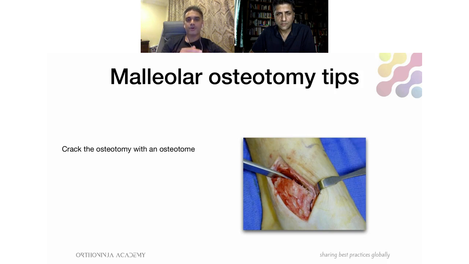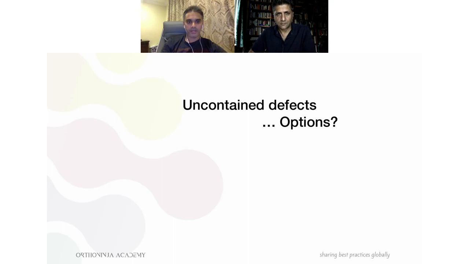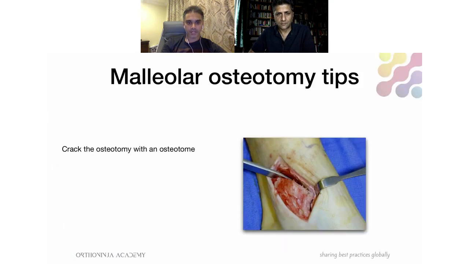You want to crack your cartilage with an osteotome because your saw blade can actually take away about 3 millimeters, 4 millimeters of cartilage with the power saw. And when you're trying to fix that back, that causes a bit of a loss of congruity. So what we're going to do is have a quick look at a video on this patient's